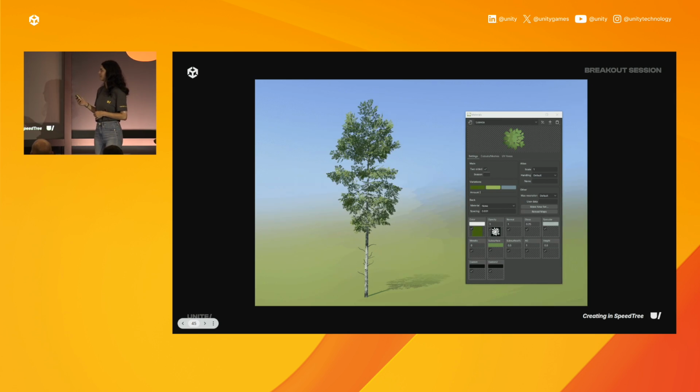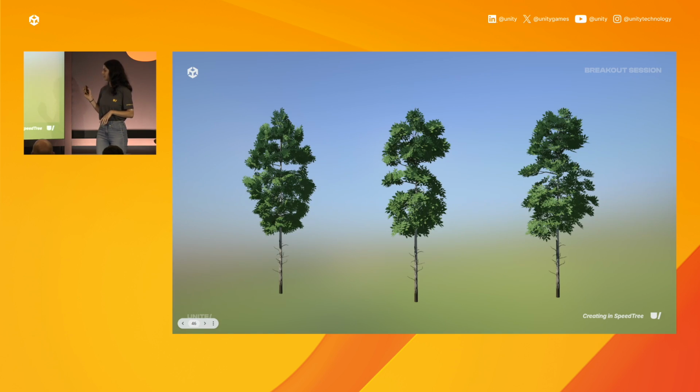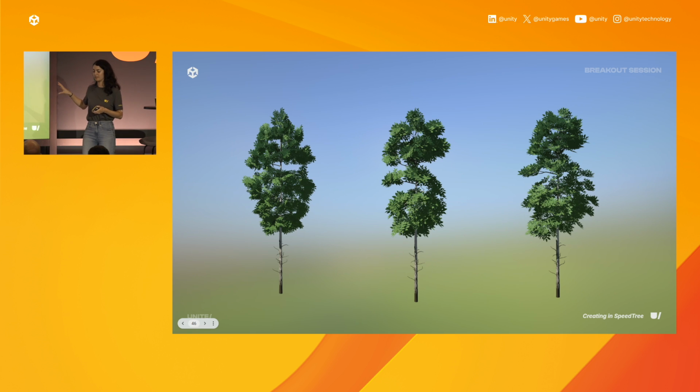There we go. So the GIF is going to loop, but you can see that just by swapping out those leaves, it's already starting to look a little bit stylized. So we can do the same thing with the bark. I just swapped it out for a simple color map. For time, we'll just skip over that. And then I adjusted the orientation of the leaves and the branches just to suit the stylized leaves a bit more. But you can see essentially by just swapping out the materials and doing a few procedural tweaks, we already have a stylized tree. That doesn't seem too bad, right?